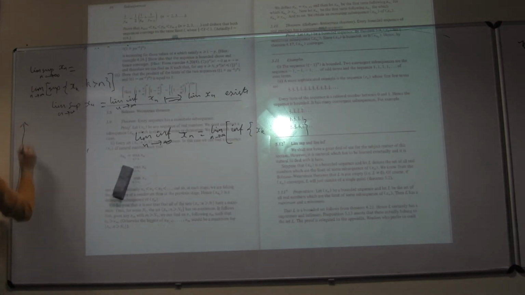then suppose we had, the supremum from here onwards is somewhere around here. The supremum from here onwards is also somewhere around here. So for an increasing sequence, the limit superior is just going to be a constant, because the supremum